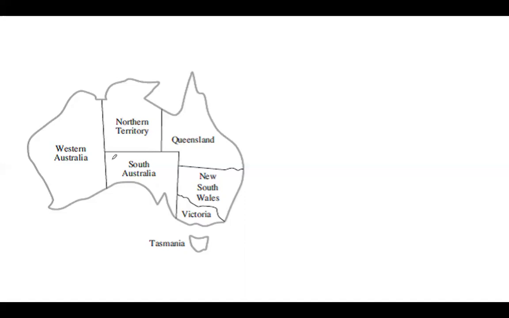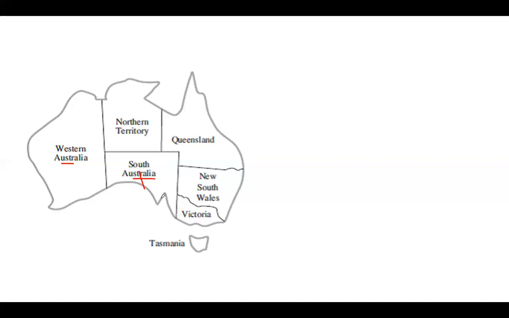My task is to assign the colors to these regions of the map, such that if I assign red to Western Australia, South Australia should not be assigned with red. Okay, it should not be assigned with red. Here only 4-5 regions are there. Easily, by trial and error, you can assign the colors. So with the minimum number of colors, I want to assign the colors to these regions of this particular map.